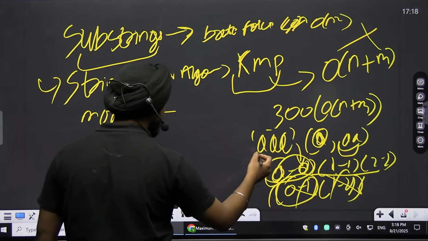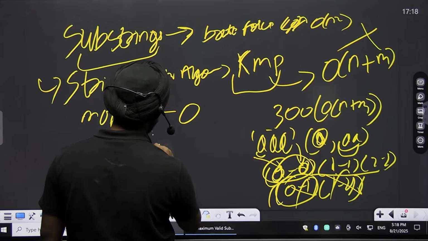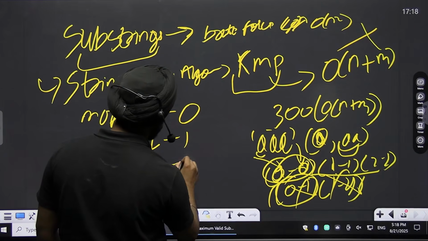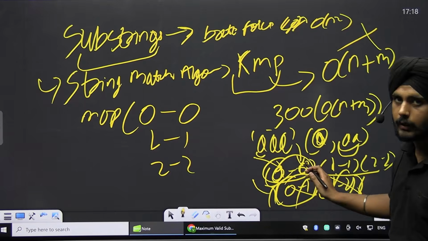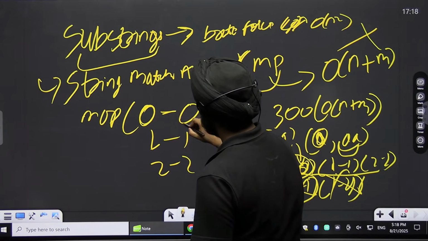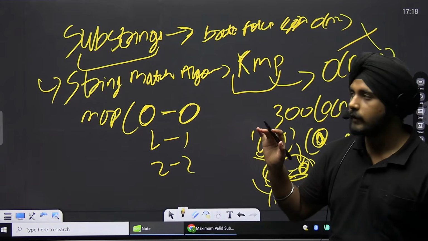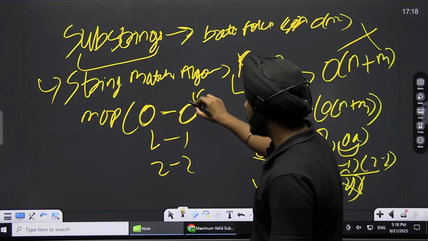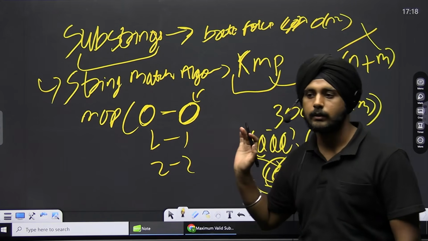We first got 0 to 0, we can store 0 to 0, then we got 1 to 1, then 2 to 2, and then again we get 0 to 1, which has starting index 0 and ending index 1. I just said we'll try to pick the element which has a lesser index, so I won't be updating it, I will keep this 0 as it is. So